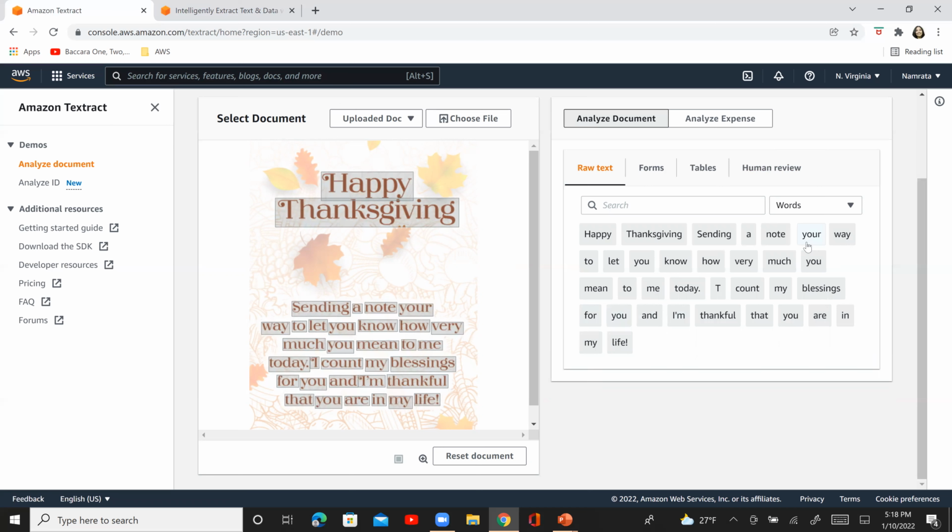Now, just like how I did this, right? You can pretty much use any text or document or whatever you have, a form or anything else that you have easily, right? So feel free to play around with this. It's pretty simple. As you saw, I chose a file and it analyzed the particular document that I had selected, and it came back with a set of lines and words.